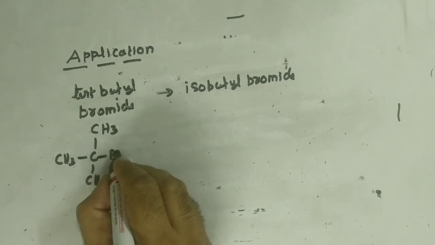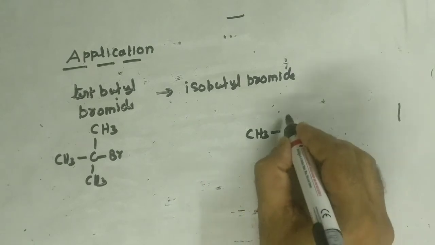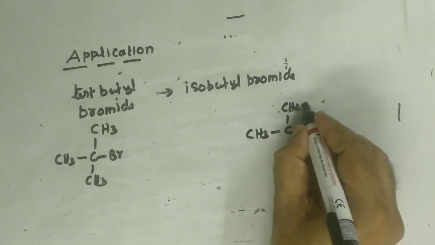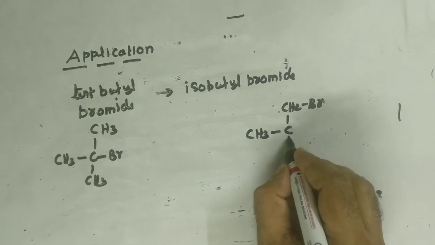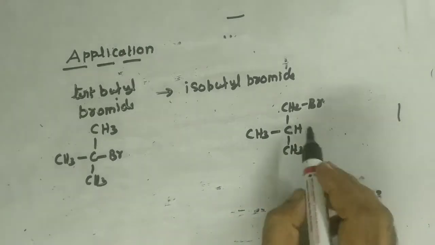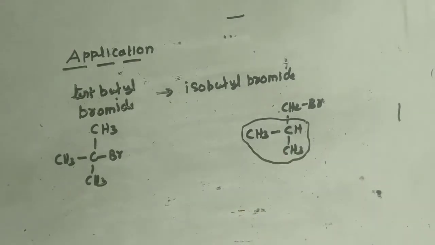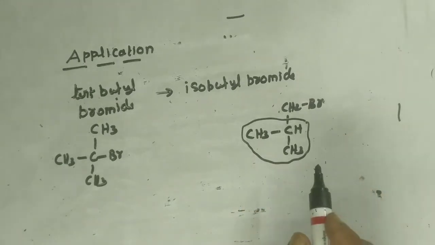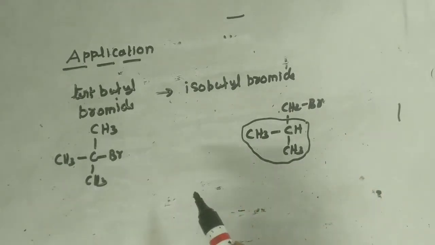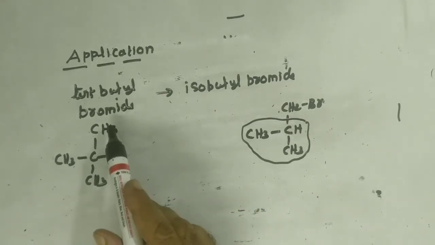I want isobutyl bromide. This is your isobutyl bromide. Why is this iso? Because you can see this has got this grouping at the end. Any compound which has got this group at the end is called iso. Butyl means 4 carbons. So if you draw the structure, it's very simple to guess what we have to do. We have to remove Br from here and put it at the first position.